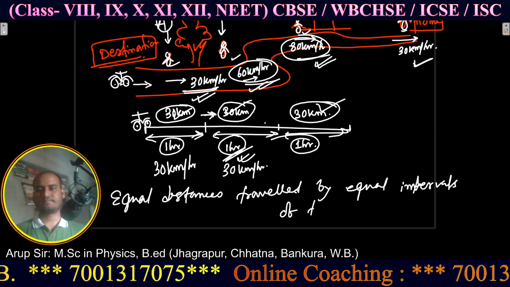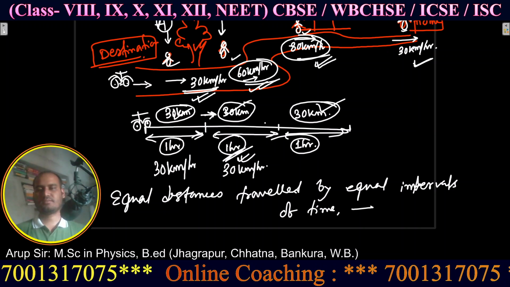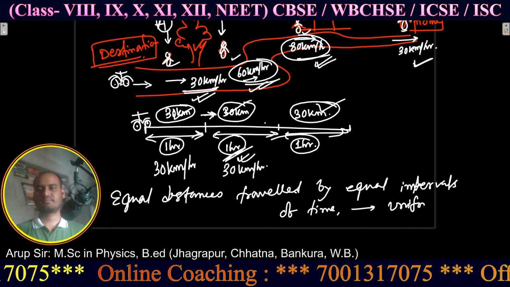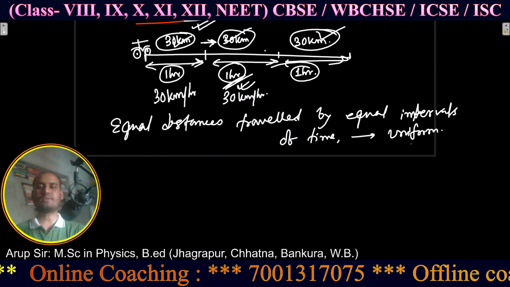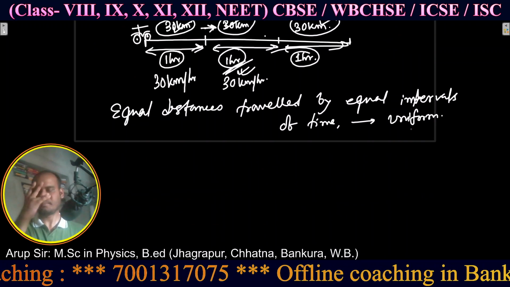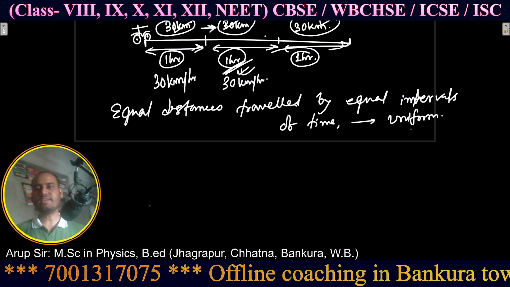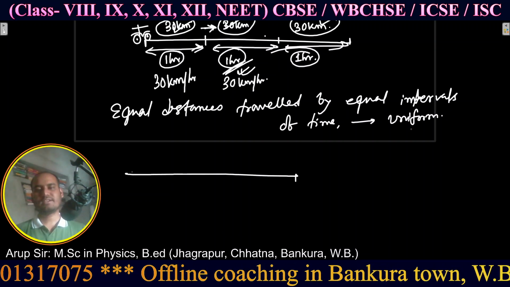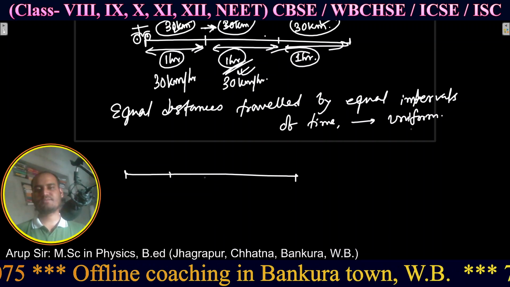Intervals of time. What is this? Uniform motion. So uniform motion is what? Equal distances traveled in equal intervals of time. Okay, intervals of time. Now, let's suppose time is fixed, meaning I am